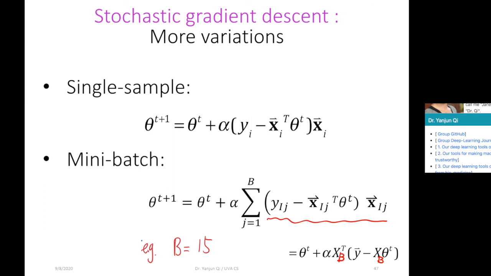So let me use a not completely correct example. Assuming you have 13 threads in your current computer, if you feed in this summation, each one of the threads, each one of the cores, can calculate the gradient approximation for one sample in your mini batch. Then they all together get each one of these terms, and then there can be a summation function that puts them all together. And the cost is almost equivalent to a single sample, because if you only feed in a sample at a time, you cannot use that